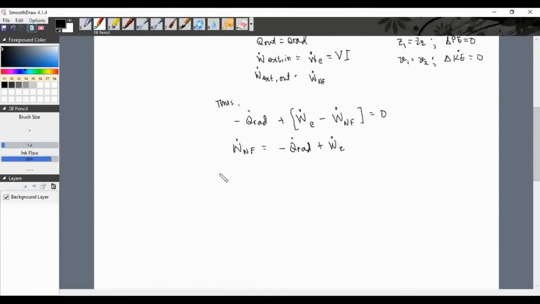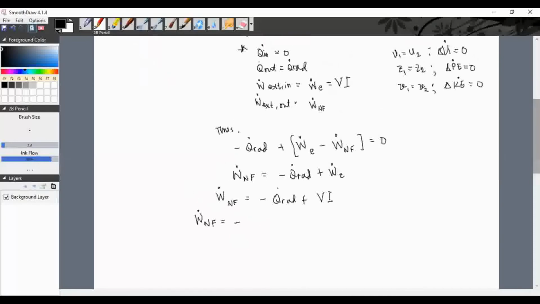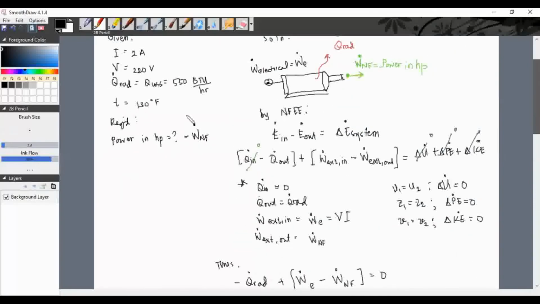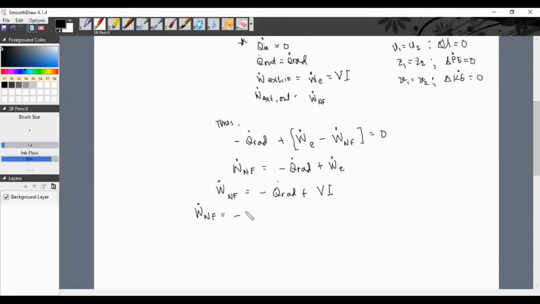So we have work done flow is equal to negative Q rad time plus voltage times current. So we have work done flow is equal to negative. Ilan ba ang ating Q rad? So we have 550. Negative 550 BTU